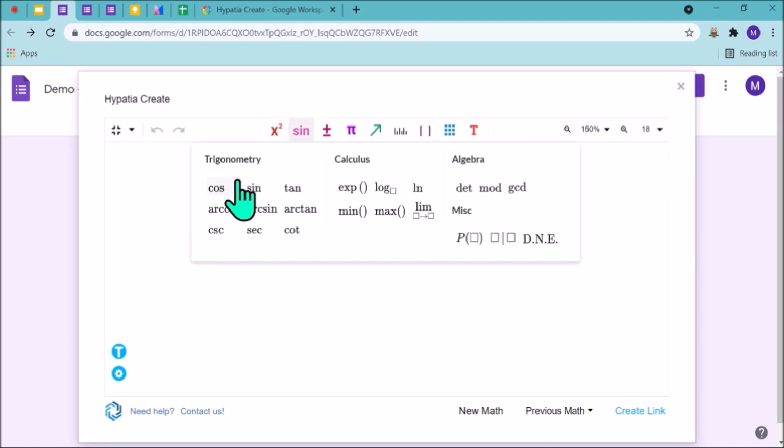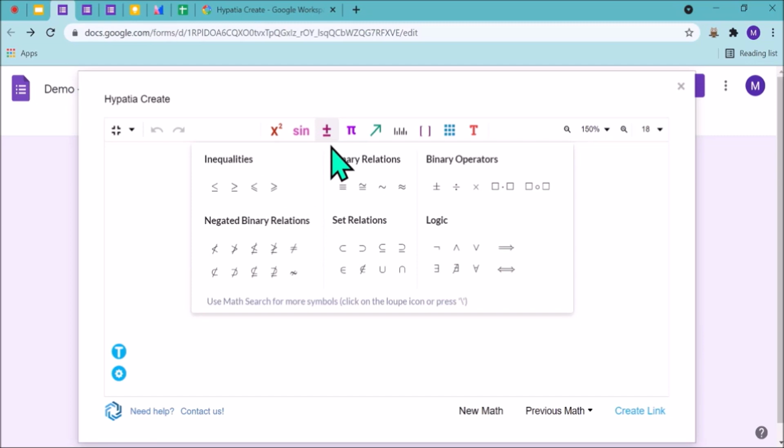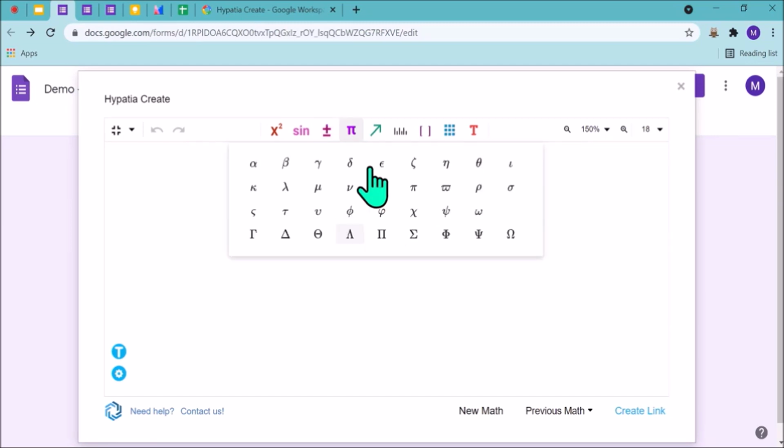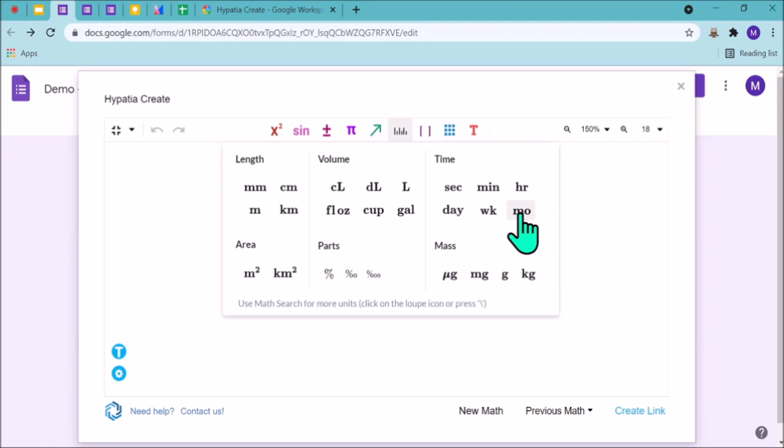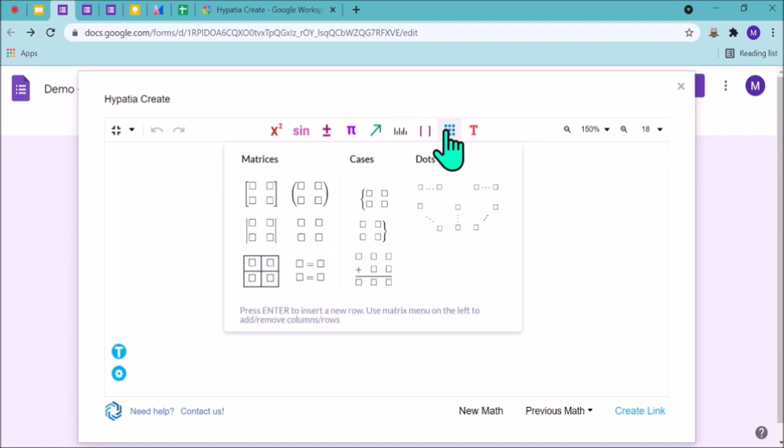This is trigonometric tools, calculus, algebra. These are just symbols we use. These are Greek letters. These are arrows, symbols and accents. Vector accents are here. And these are units. Then brackets. Then matrices, tables, dots, cases.